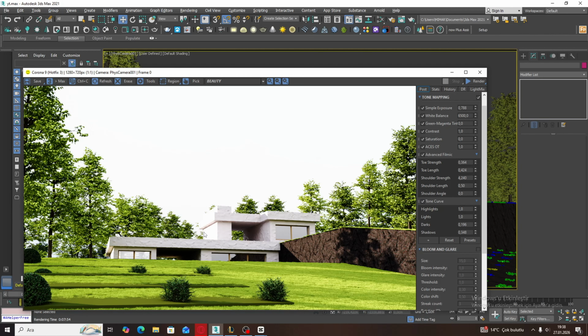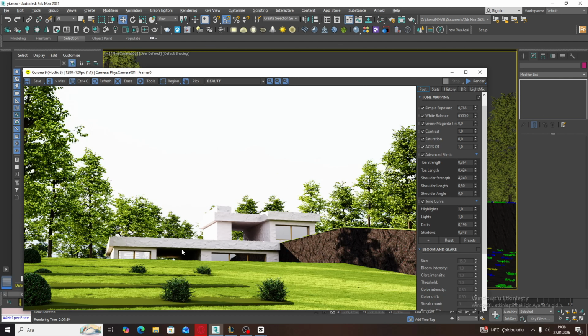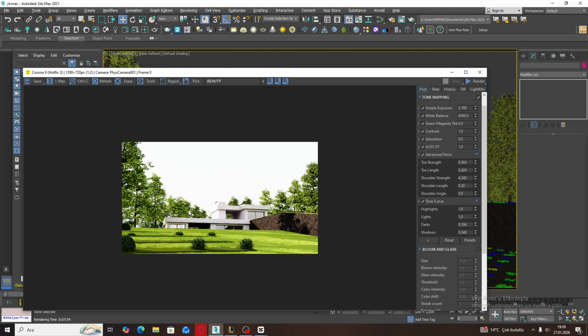But if you look at real photos, you will see that the trees that are far away should be very similar to the sky color, because when you put some trees in the front, okay, this is okay, because